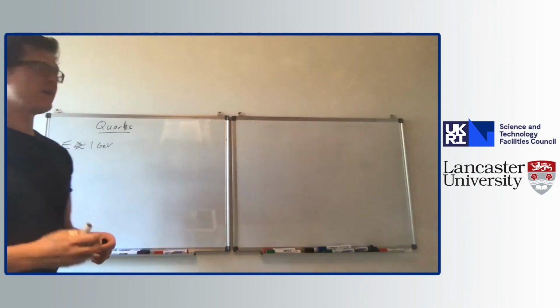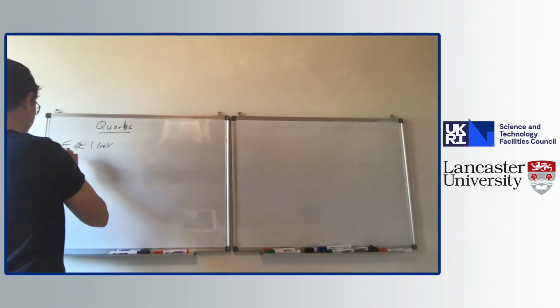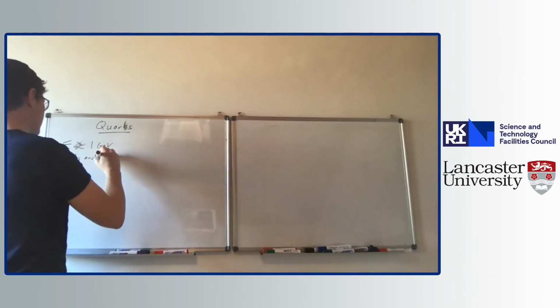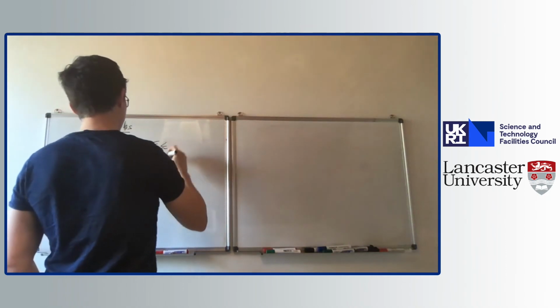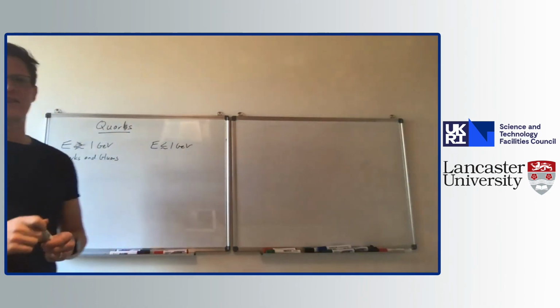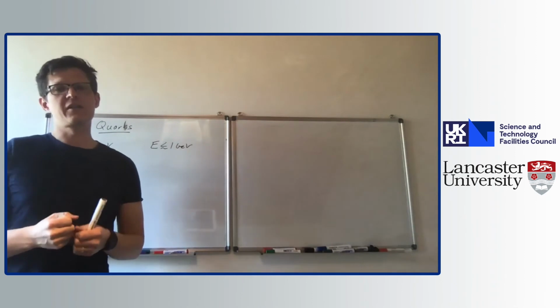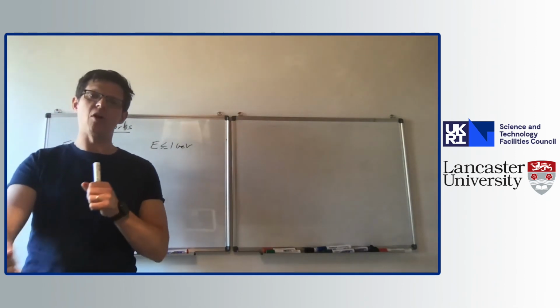But if we were to go to energies below a GeV or so, the quarks and gluons are actually confined. This gauge coupling becomes so strong that it becomes impossible at those energy scales to separate, to pull apart